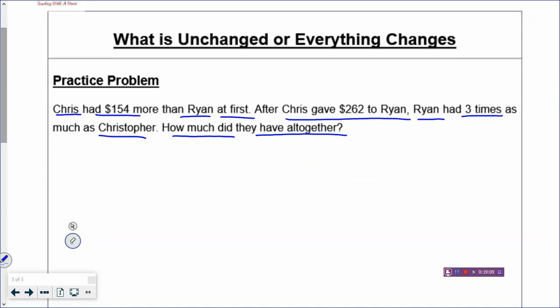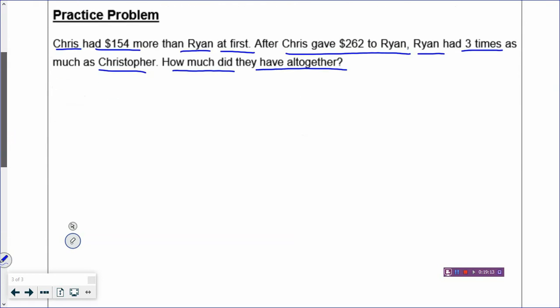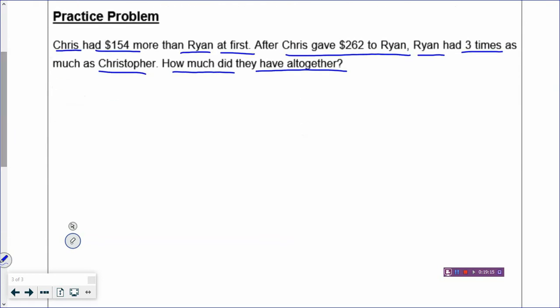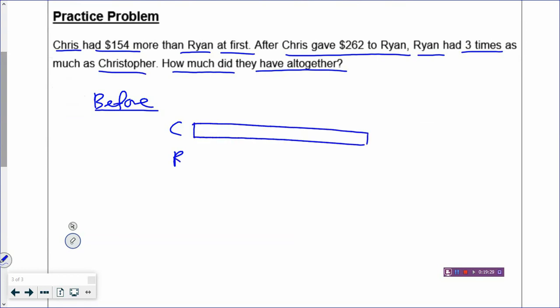Alright, so have you managed to draw out the model? Okay, let's check. Now, there's an internal transfer going on, so the total is unchanged. Every time there's a transfer, total is unchanged. So before model, Chris had more than Ryan at first. So Chris, Ryan, and when you draw the comparison model, you always make sure that you have one long and